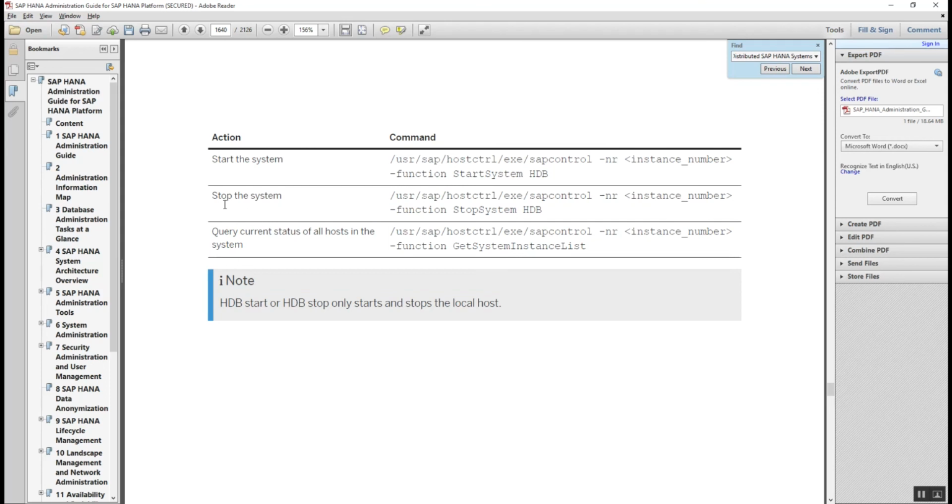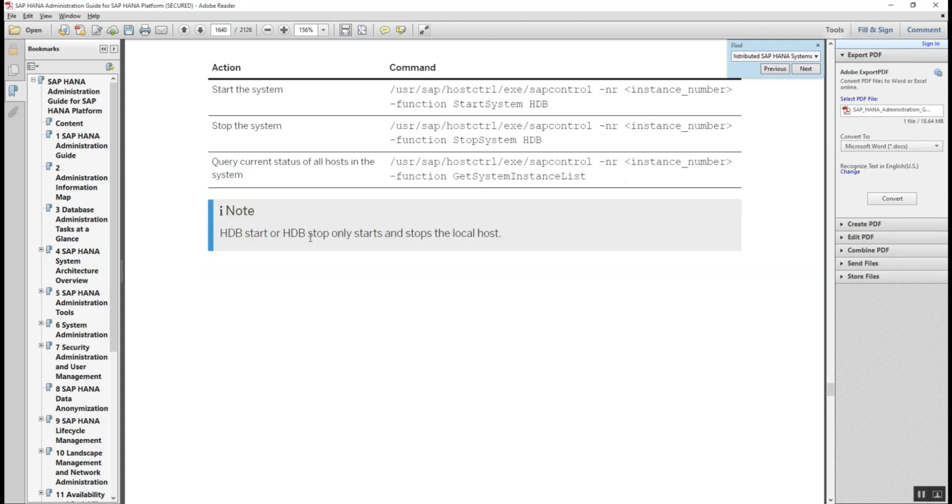So there is the start command, the stop command, then a query of the current status of all hosts in the system, to get information about the status of all host systems. Here they also state that HDB start and HDB stop only start and stop the local host, meaning it will only start and stop the system which is on that particular local host.